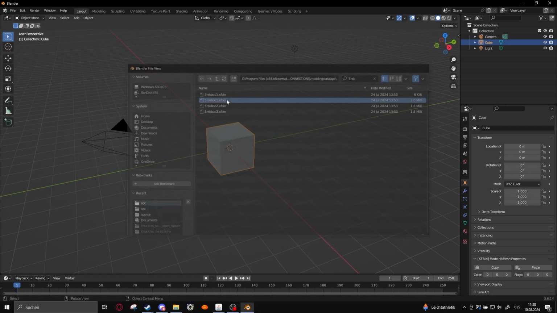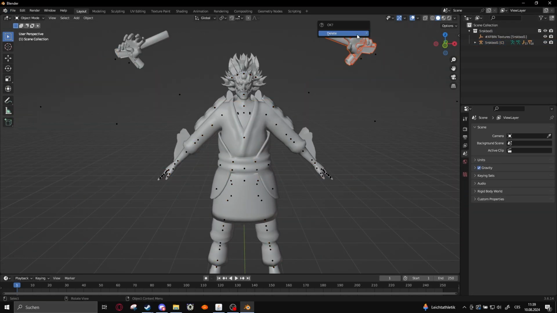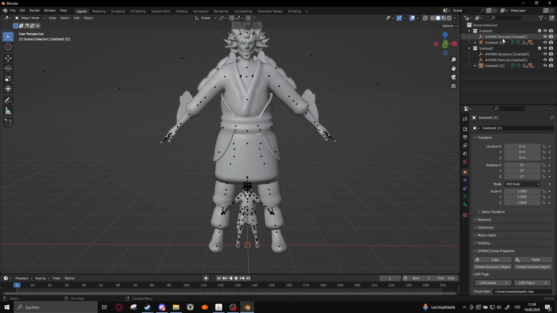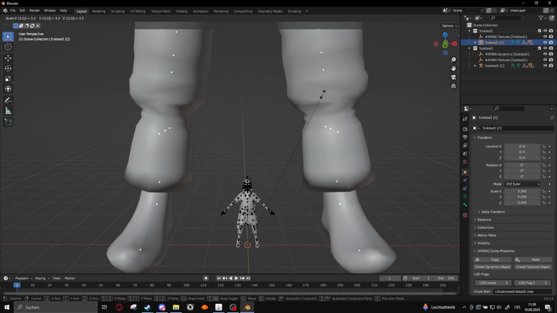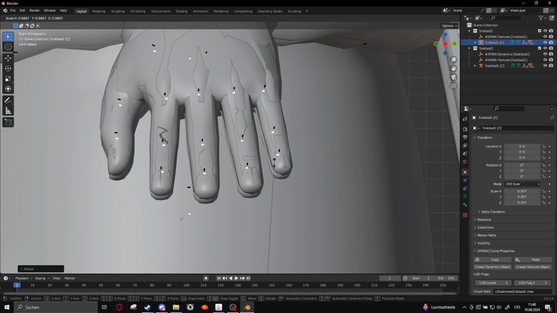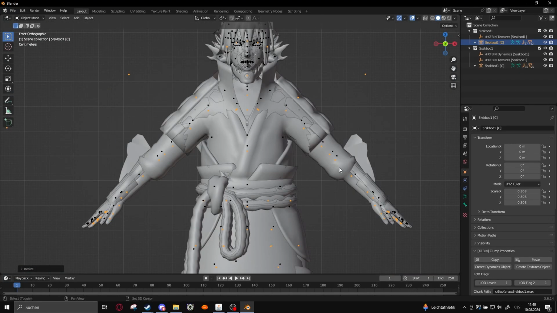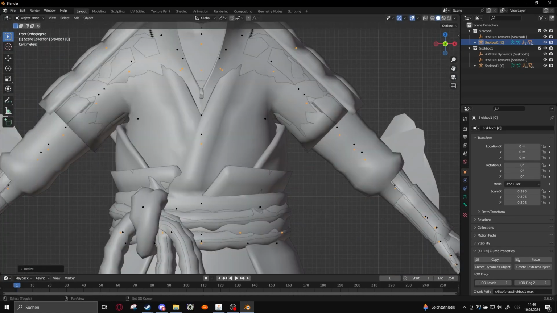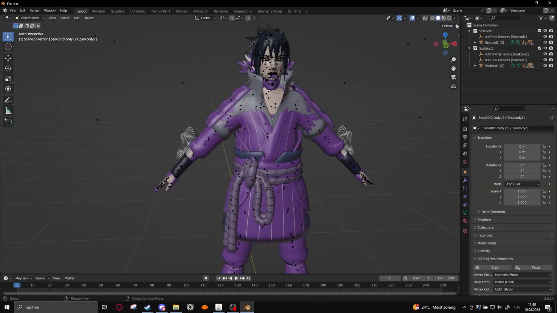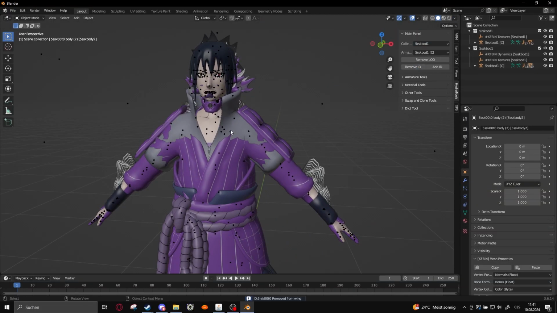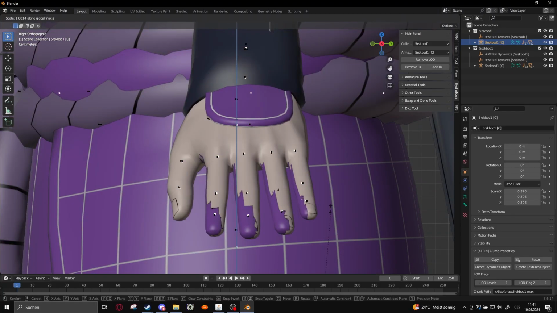Okay, so this video is a time-lapse of my newest mod, or like the process of making the mod. So I opened up Blender. It's a mod of Sasuke with the Susano armor. So I opened up Blender,